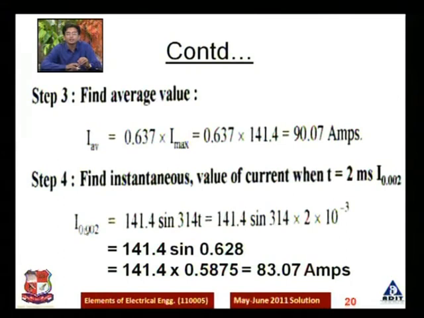So i at 0.002 equals 141.4 sin 0.628. By simplifying it, you will get the instantaneous value of current at t equal to 2 milliseconds. It is 83.07 ampere. So what can you conclude from these different three values? You have calculated the RMS value, average value, and